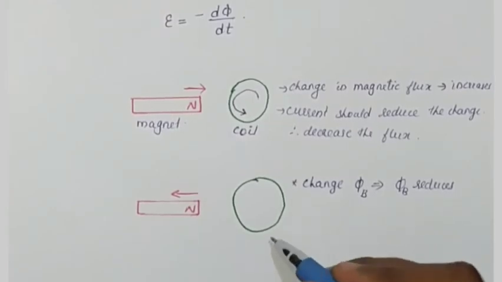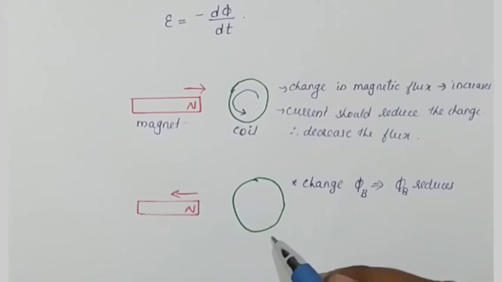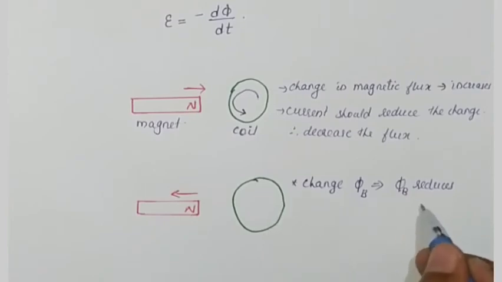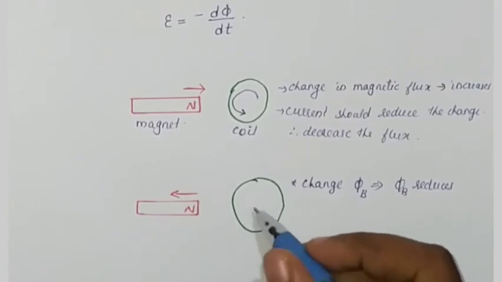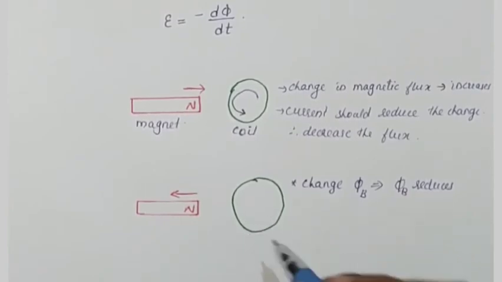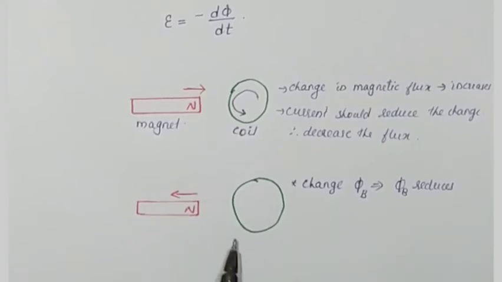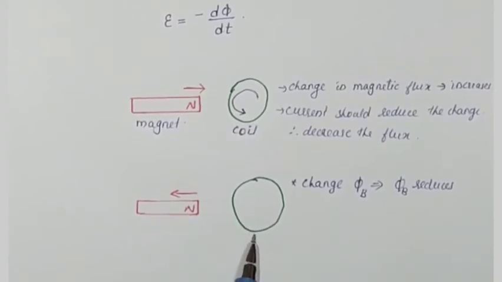So according to Lenz's law, the current induced in this coil will be in such a way that it should increase the magnetic flux. The change in the magnetic flux that is occurring here is a decrease in the magnetic flux. So the current induced in it should be opposing the change, that is, it should increase the magnetic flux. So here